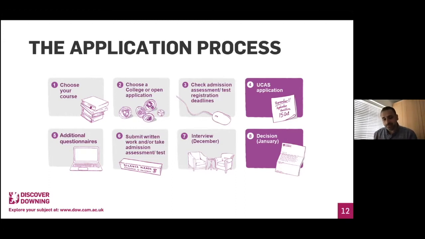At the same time, many applicants don't want to have the stress of thinking about which college they have to apply to and don't want to have to worry about this, in which case you can just submit an open application. What happens in that scenario is your application is randomly allocated to a college, and then they review your application for the admissions process from there on. As well as that, it's really important to check any kind of deadlines or registration deadlines that you need to meet.